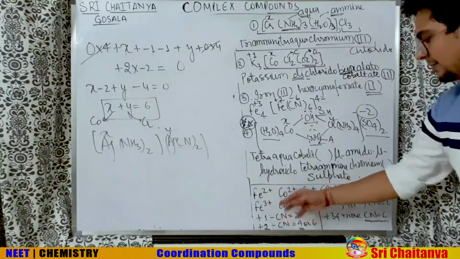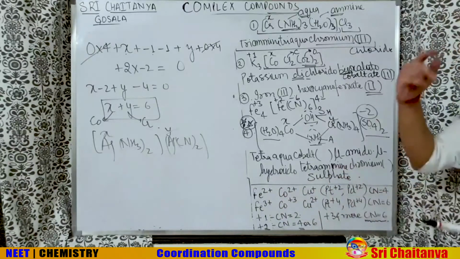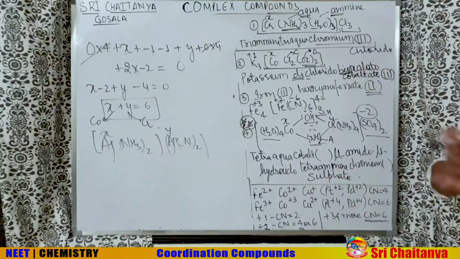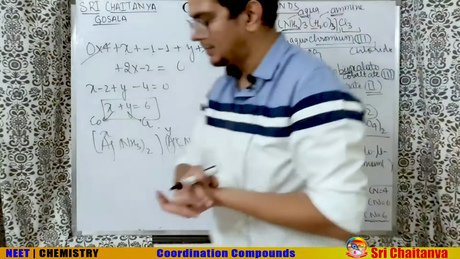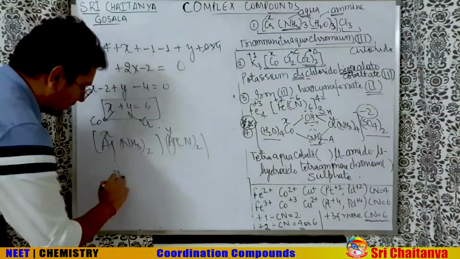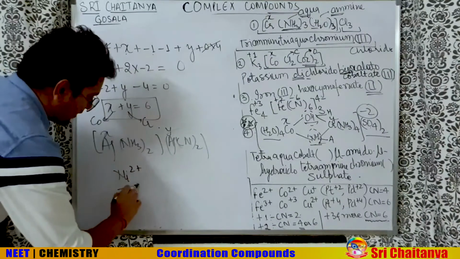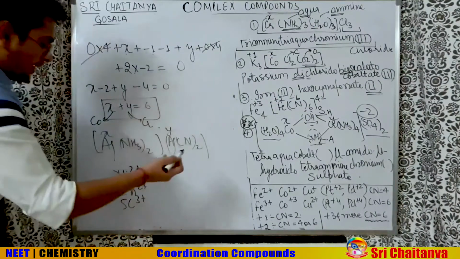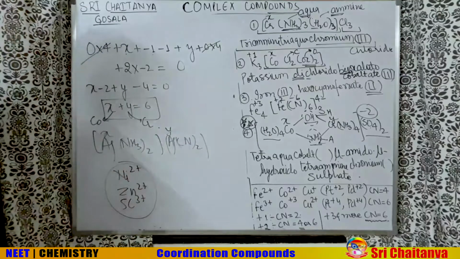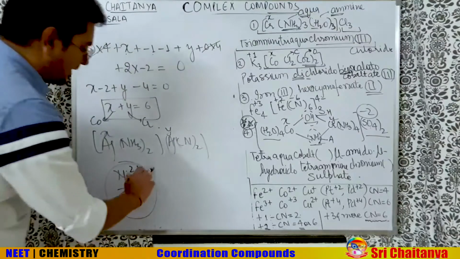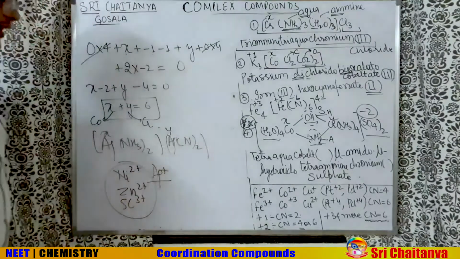Just remember Fe, cobalt, copper, platinum, palladium, and you will be through. Zinc +2 is only there, nickel +2 is only there. This also you can remember, but they are not very tough to detect. Scandium also always shows +3. These are the 3 examples which will show only one single oxidation state. Similarly, Ag also shows +1 only in the complex compounds.